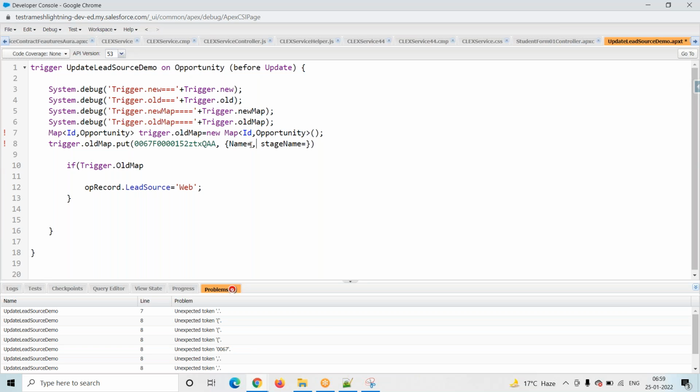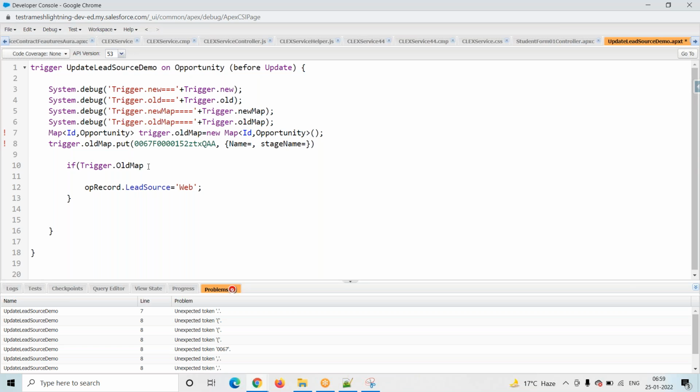In the map, which format? The id and the corresponding record. This is my Trigger.oldMap. It will store the data in the map format, id comma that record.